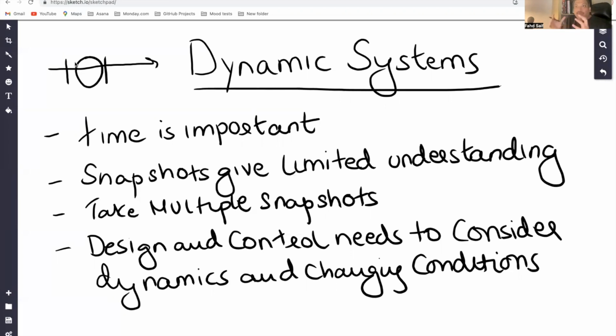So it's important to take snapshots of different time slots, and each snapshot may give you a very different perspective and a very different picture. And that brings us to design and control. As you take snapshots, as you see how your system and your tokenomics are behaving, you need to apply control and other metrics to change the behavior of individuals, or the behavior of how your system is working, if you're not getting the right outcome. So you need to apply those corrections.